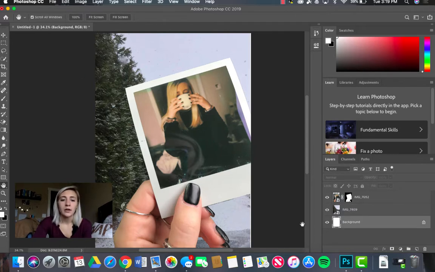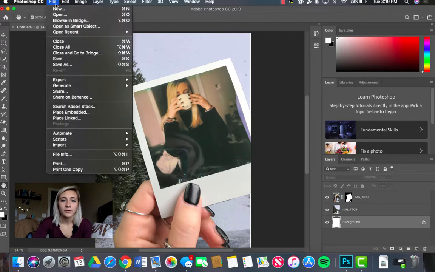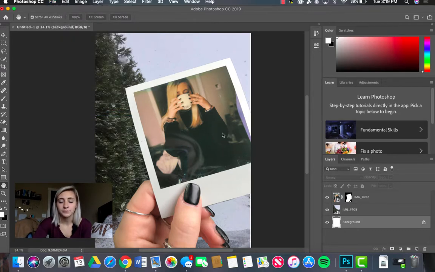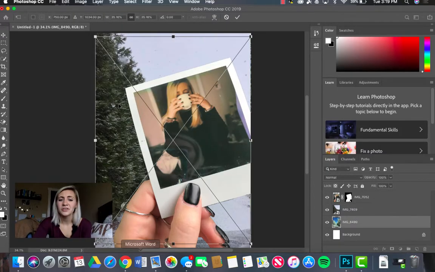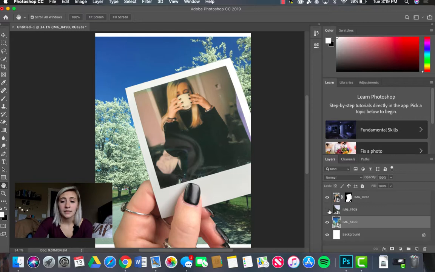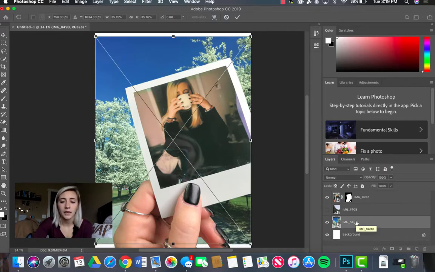So make sure to press the background again, go back up to file, place embedded. So, you see how you can still only see that one? So you're going to go over here, and there's a little eye icon, looks like a little eyeball. You're going to unclick it, and it takes away that image. So when it's clicked, it's there, unclicked, it's not there. So I'm going to edit this one, Command T,